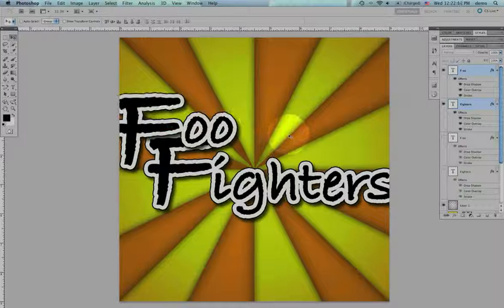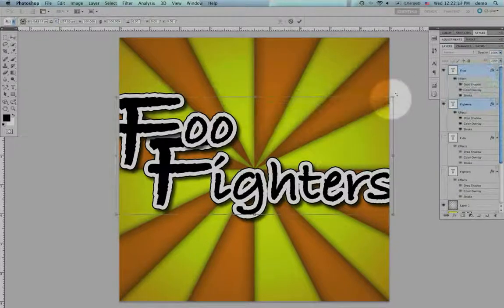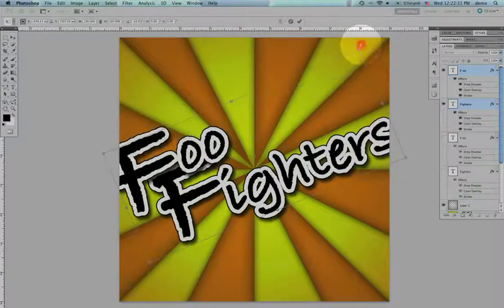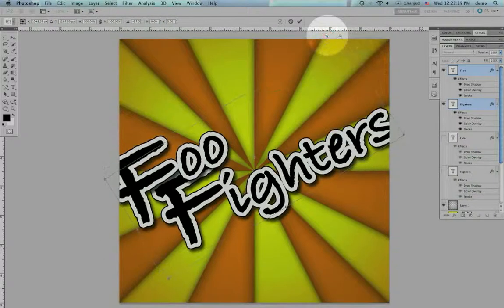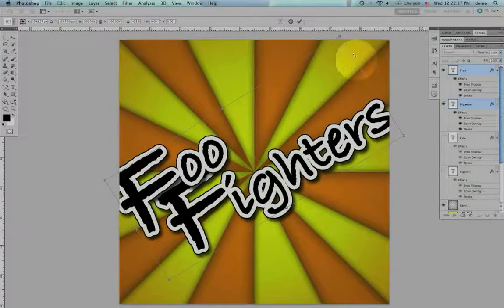So, why don't we do this? Let's take both of these layers since they're both selected, and I will rotate both of them. So I'm going to hit Command T on my keyboard and rotate this a little bit. Does that fit any better? Quite honestly, I would probably prefer to actually scale this down. And